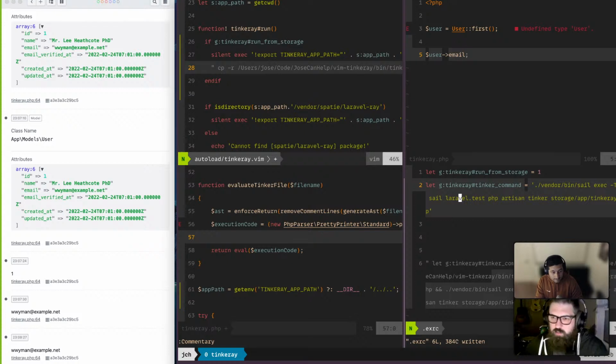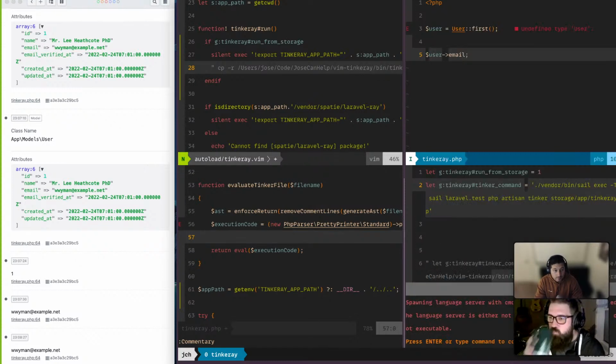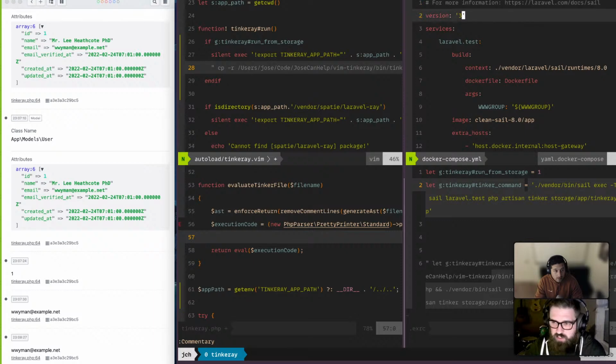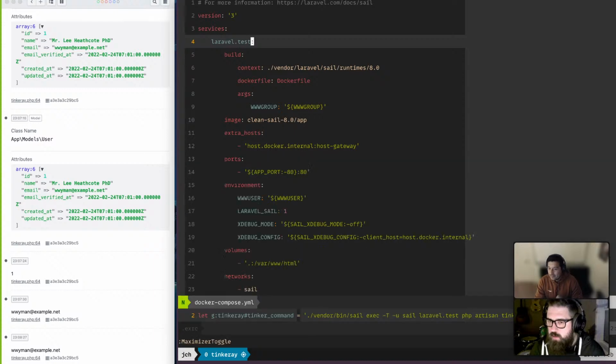Since I'm not a Sail user, with Valet you park on a folder, and then you can have like 10 sites hosted under Valet, and it's that folder.test, right? Is Sail doing that too, or is Sail always Laravel.test? Sail is a little bit different. Sail is using the Docker Compose file. So if you want multiple sites, you have to go into the Docker Compose, basically. So it's different because it's not multiple sites. It's like